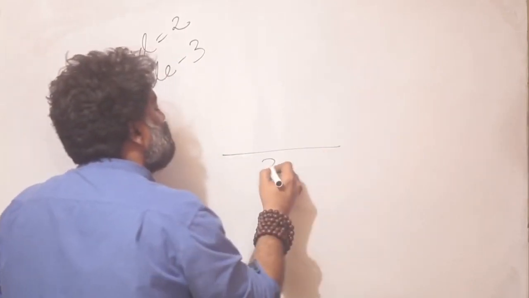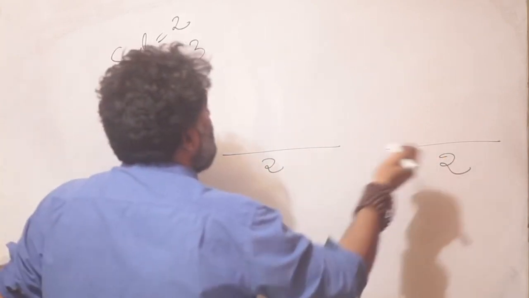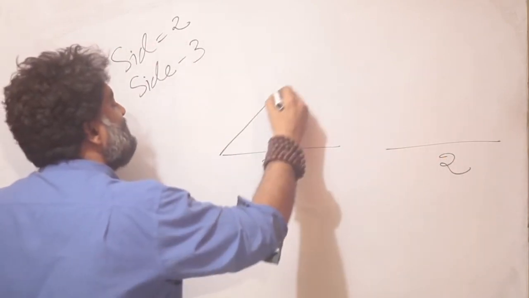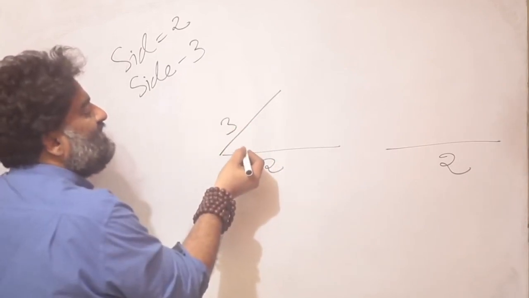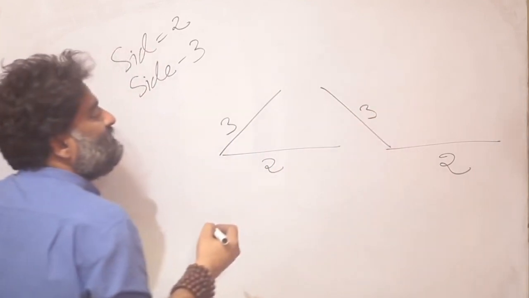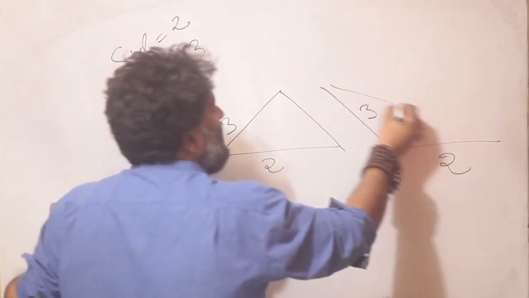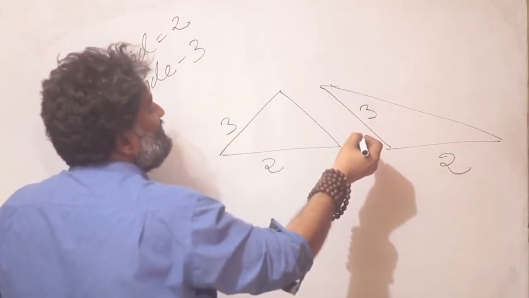So take 2 and create another base for yourself. So this is triangle 1 and this is triangle 2, and the other side is also given to me. Somebody will say, okay, I will draw a 3-unit side. No angle was given to me, so I can also draw it another way. I can draw it like this. And then if I create the triangle, this is one triangle and this is another triangle. Obviously they are not going to be congruent to each other.